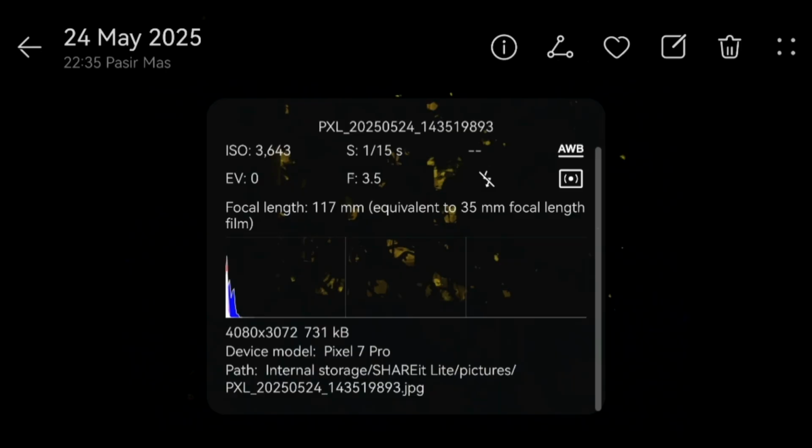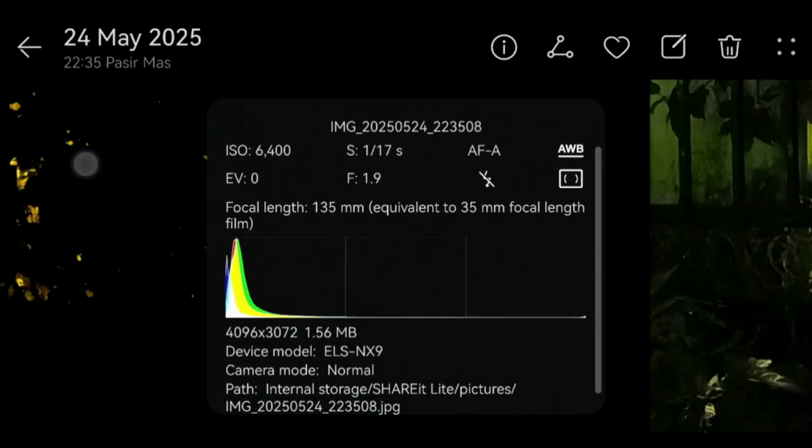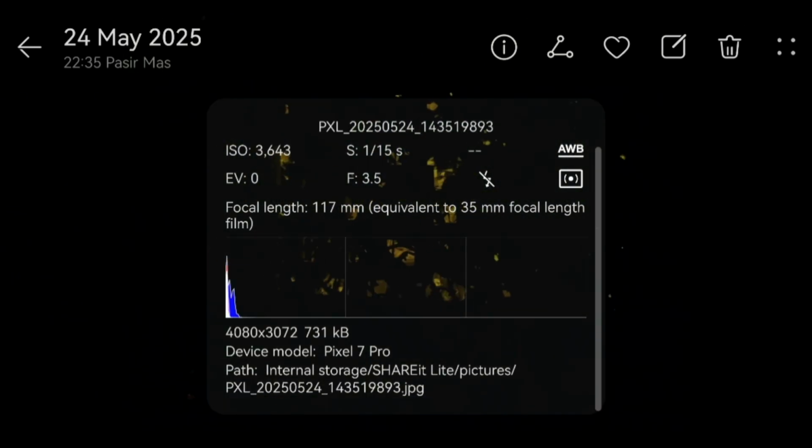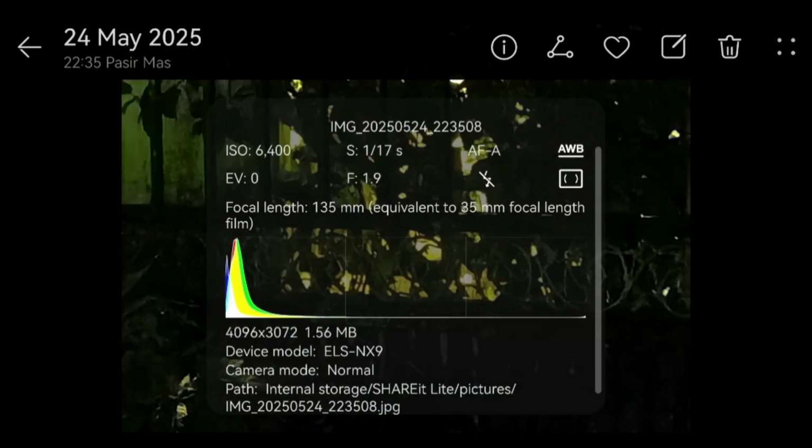And now just for fun, this is another dynamic range test taken at 5x. This one is a 5x shot taken with the periscope sensor on the Pixel. I don't know why the Pixel decided to utilize its periscope sensor, even though the light here is very terrible, but the Huawei here uses its main sensor. You can tell the Pixel is using its periscope sensor by the f-stop or aperture opening, which is 3.5 compared to 1.9. Anyways,